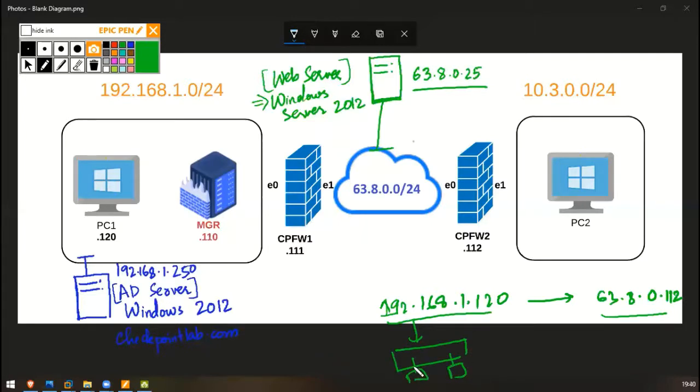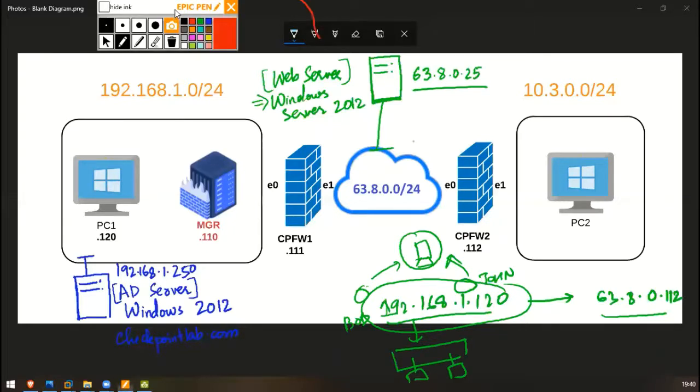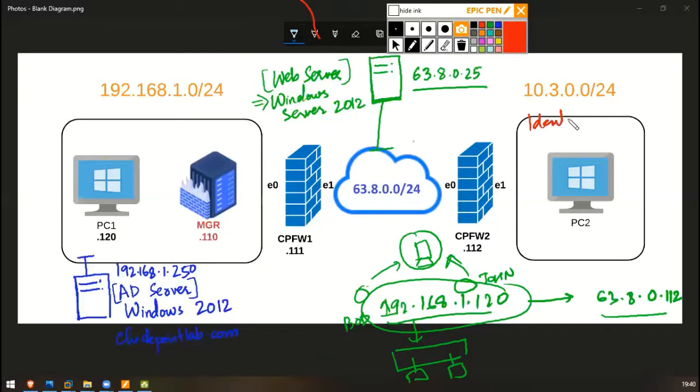In a corporate environment, a single IP can be used by two people sitting at the same PC, and who generated this traffic, we never know. May it be Bob or may it be John. Both are using this same PC for administration purposes, and one of them ruined something. We never know who ruined it. We never know the user. So identity awareness is very useful in a Checkpoint environment or any firewall environment.